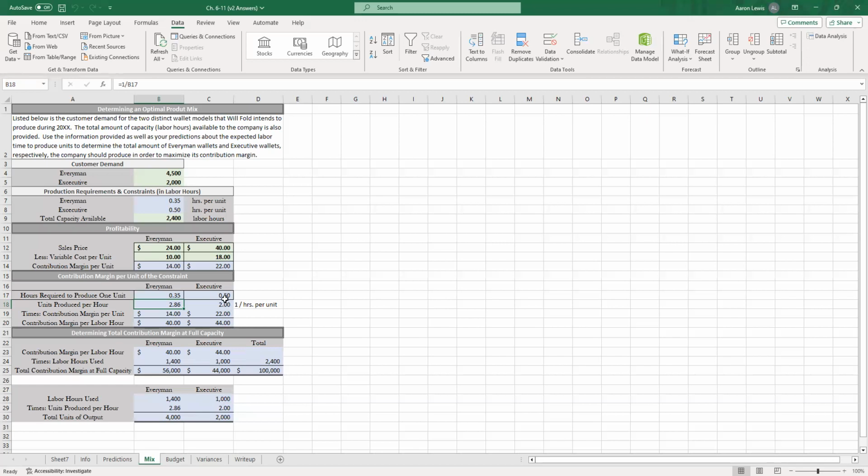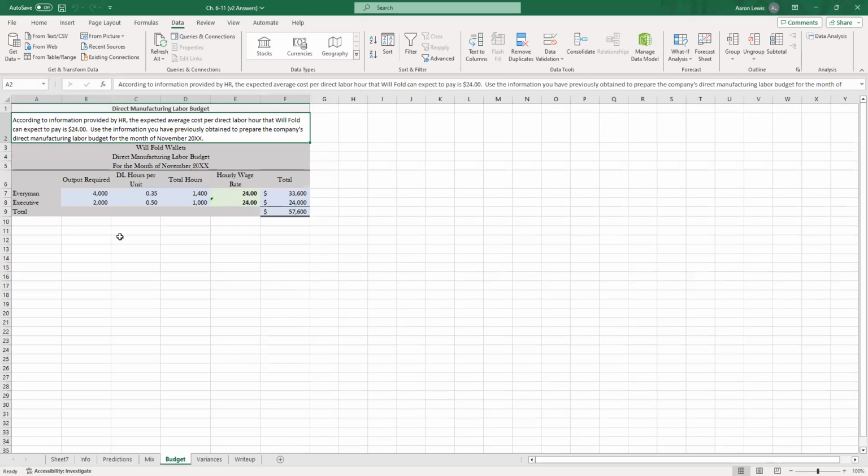It takes about half an hour to make an executive. Well, we just dedicated 1,000 hours to that particular model. So if we're spending 1,000 hours and we're making 2 of them per hour, because each one takes half an hour, that's 2,000 units we should be able to make with the time we allocated to the executive. So we have our 2 different levels of output right here, which we can budget for over on our direct labor